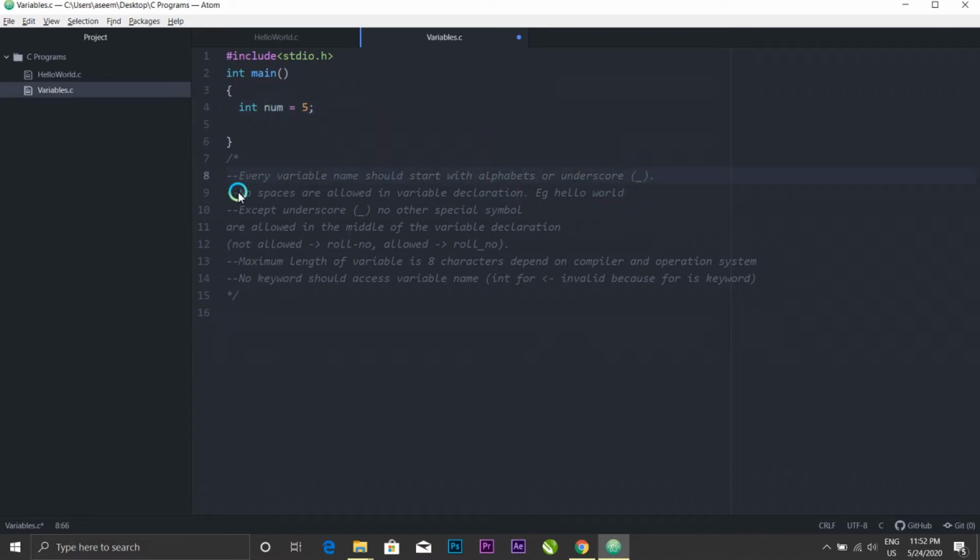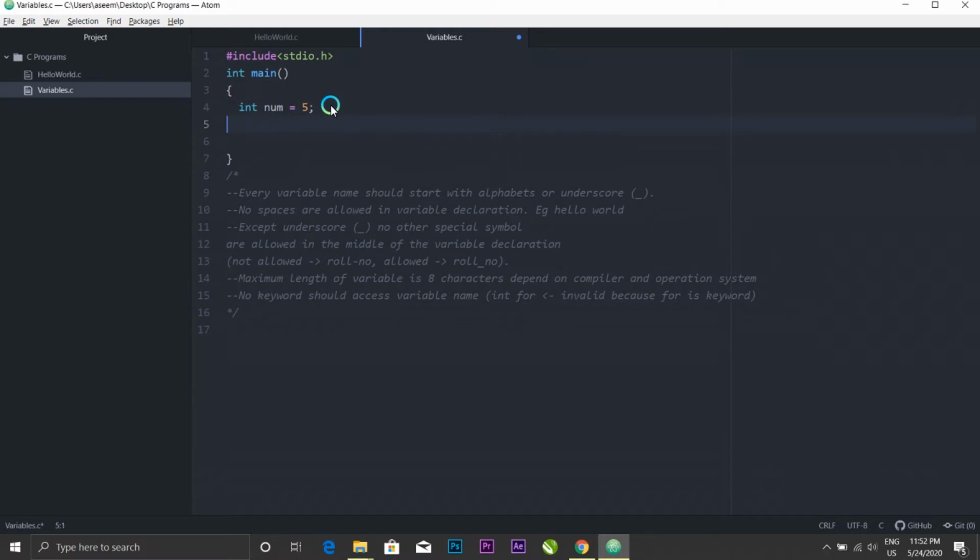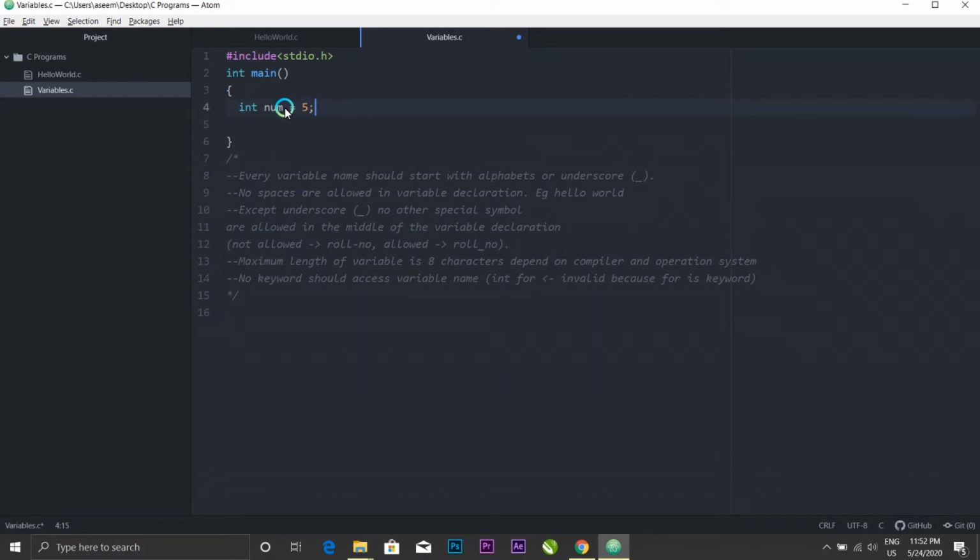Then, no spaces are allowed in variable declaration. Suppose you are declaring a number, and the name is "number 1" with a space. This is going to give you an error because no space is allowed.